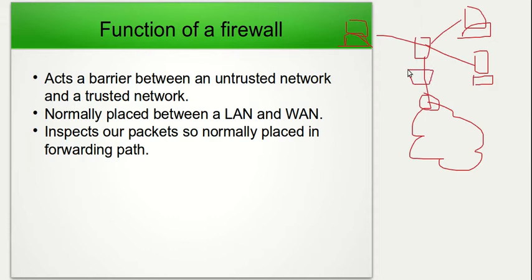What a firewall actually does, like I said before, is act as a barrier between a trusted and an untrusted network, and it's placed in the forwarding path. The firewall will inspect all packets that come through it. So whenever our devices want to communicate with somebody on the internet, our firewall will inspect that traffic, making sure that we aren't accessing any websites which are known to have viruses or worms, or accessing something that we shouldn't. And the firewall blocks all connections and data coming back, and only allows data